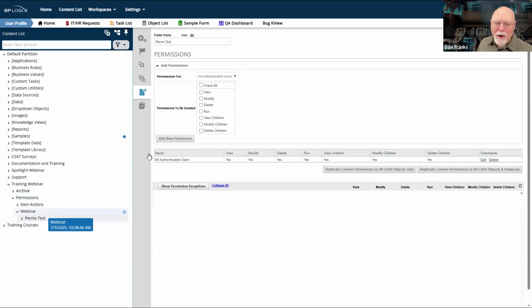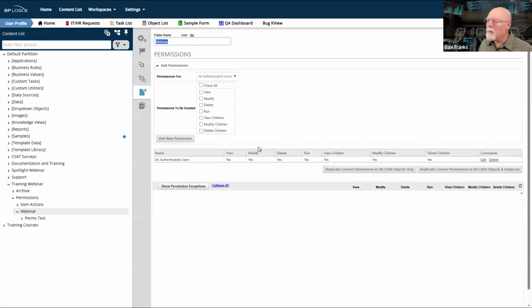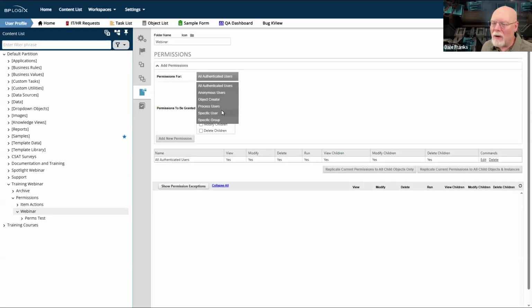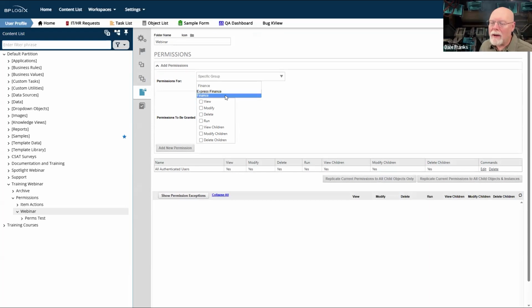So let's go back up here to my webinar folder and change the permissions a little bit. We will go to the properties tab there. And let's go into specific group and go to finance and choose that.